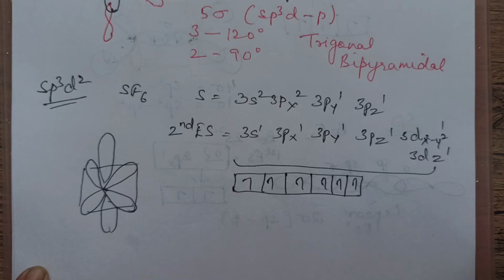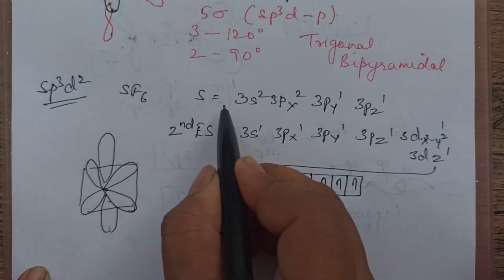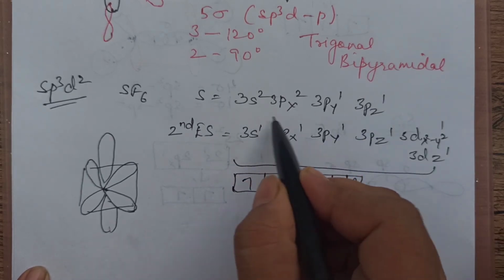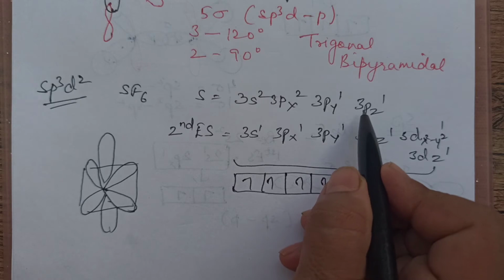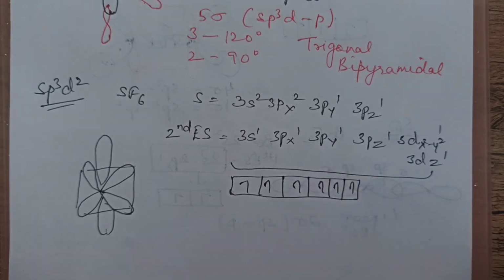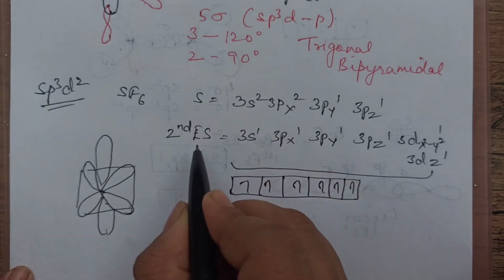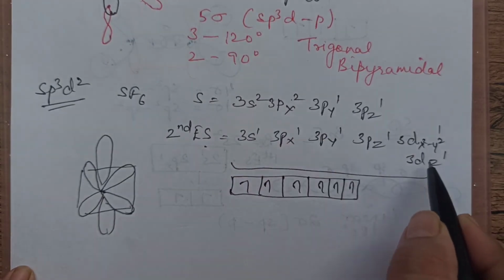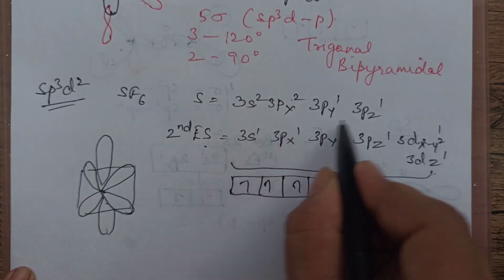Okay. Now quickly let's have a look at the next type of hybridization, sp3d2. SF6. Sulfur is a central element. And this is the valence shell configuration. 2 unpaired electrons in this, but there are 6 unpaired required because 6 surrounding elements. So we need to consider second excited state. That means this as well as this one electron will be shifted to D. So now there are 6 unpaired.